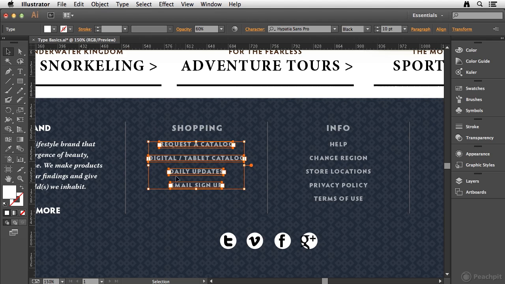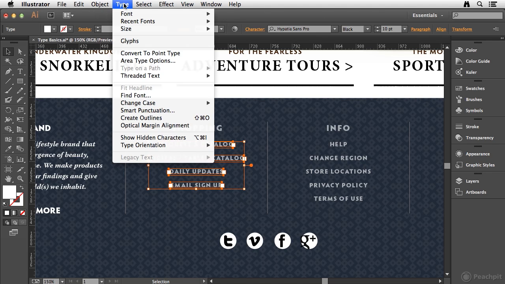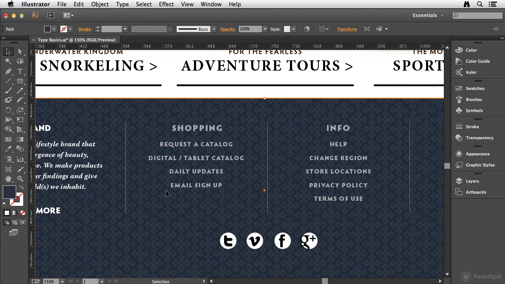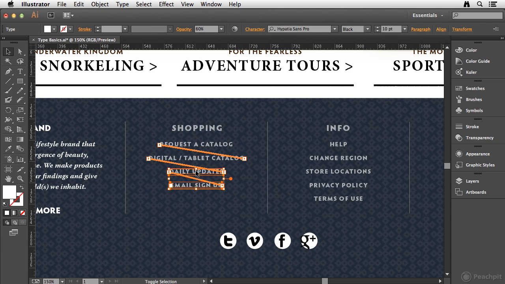Now, what's even more valuable is that with all of these still selected, I can go to the Type menu, Threaded Text, and choose Create. And what that has done is threaded or connected all of these frames together. Well, what does that mean for you and I? Well, if I delete these bottom 3,